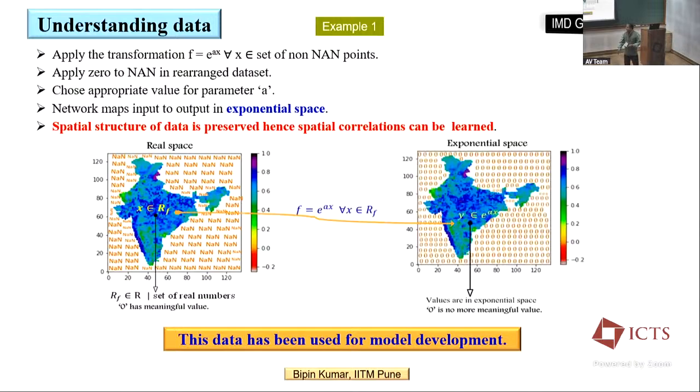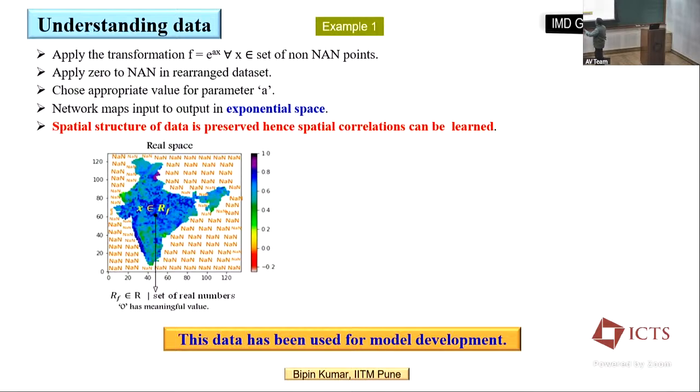What to do? In the real space, the range of the value in this case is 0 to infinity, where infinity may be maybe 100 or 80, the maximum rainfall in a day. So it is 0 to infinity, and we cannot put 0 because 0 is a meaningful value here. What we have to do is transfer to some other vector space, some mathematical space, so that we can change the range.